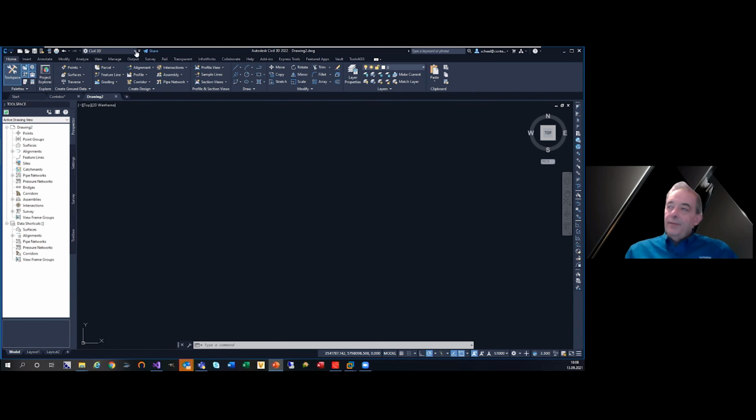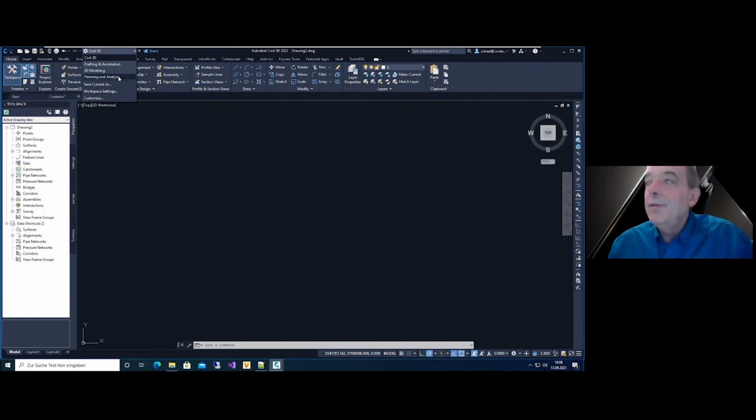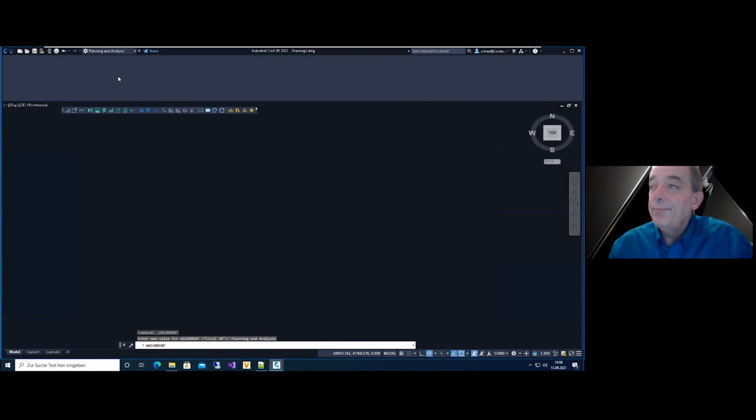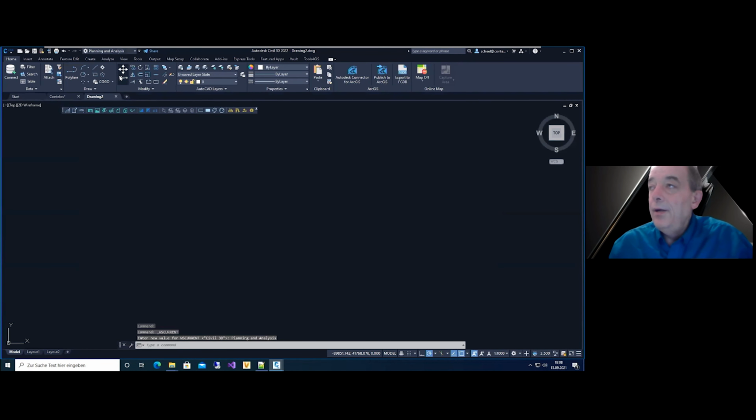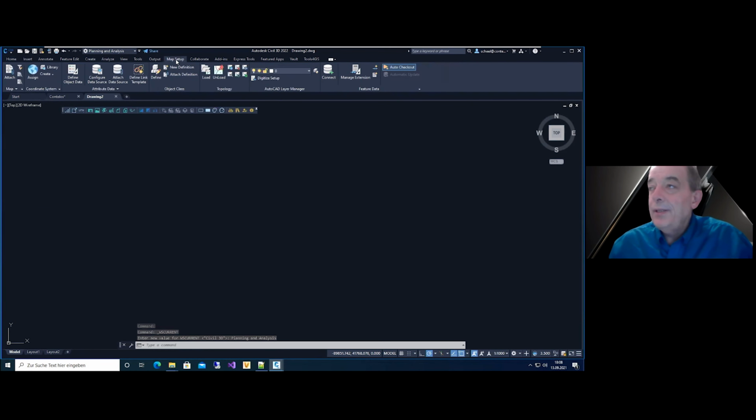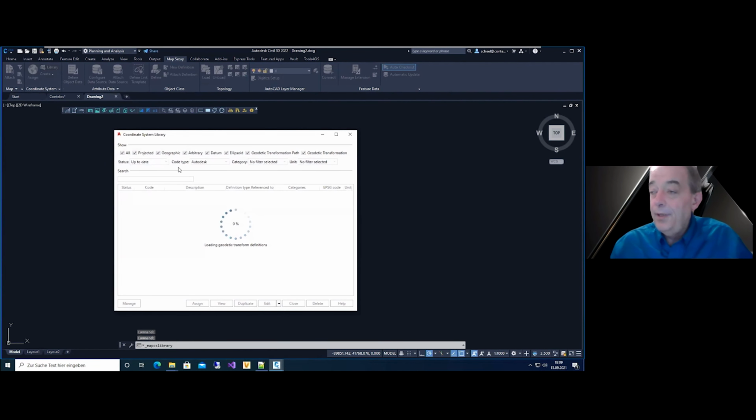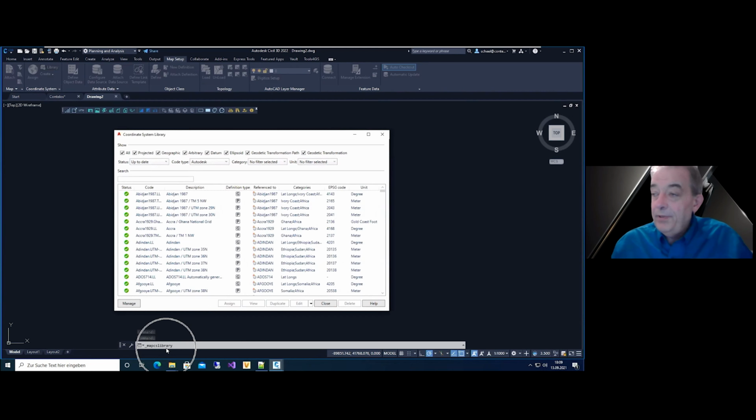Another way is to change the working area from Civil 3D to planning and analysis, going to map setup, and in this place you find the library. The command for that, as you see in the command line, is map CS library.